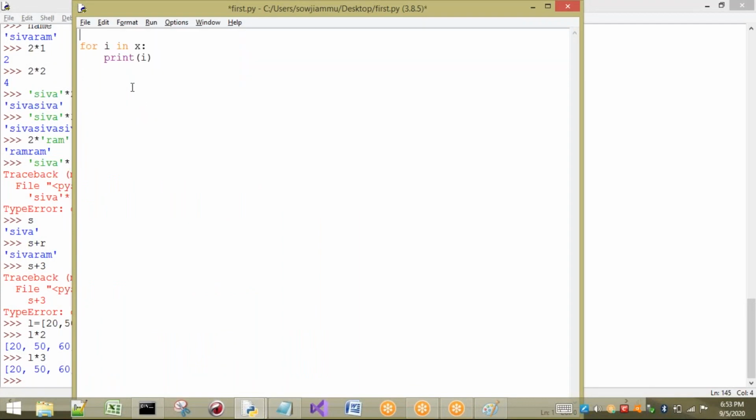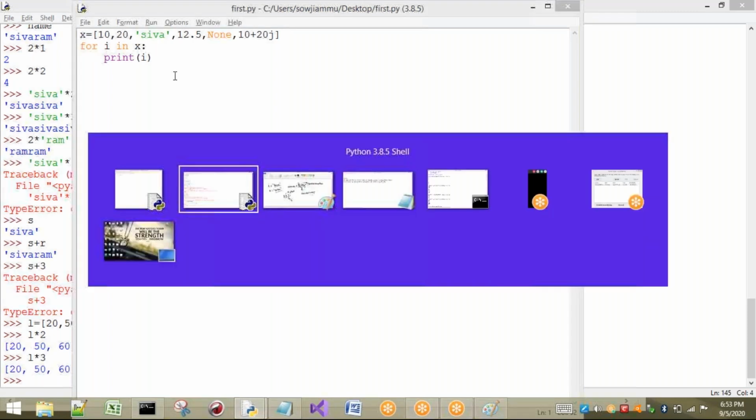So I am going to take some x equal to a group of objects: 10, 20, some name, a floating point number, None in between, and one complex number, 10 plus 20j. To retrieve the elements of the list one by one, I have to go for this for loop.